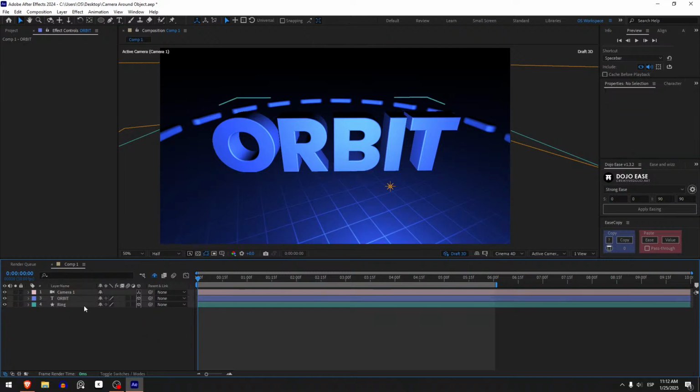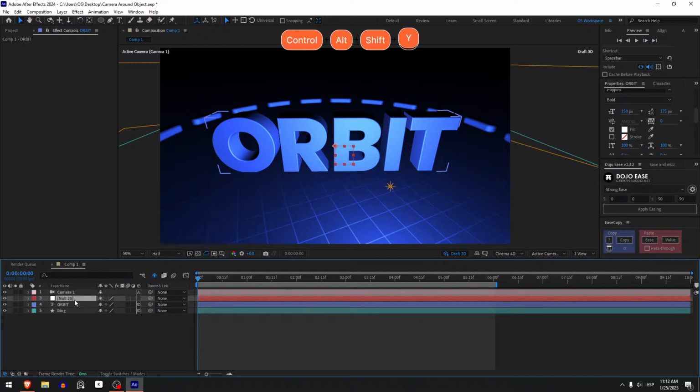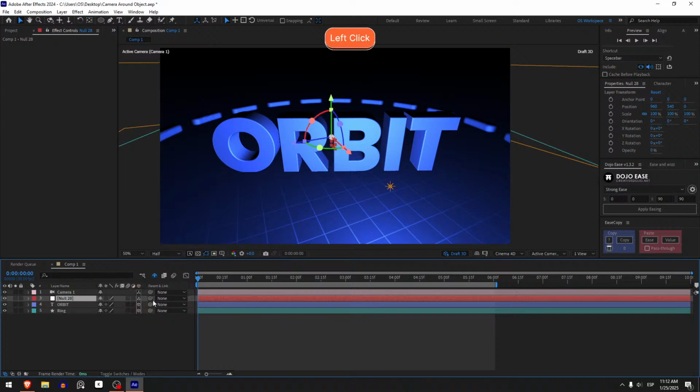So to make that, we have to create a null. So press Ctrl Alt Shift Y. Yeah, it's a long shortcut. And let's turn this null 3D by clicking here. And let's position the null in the same position